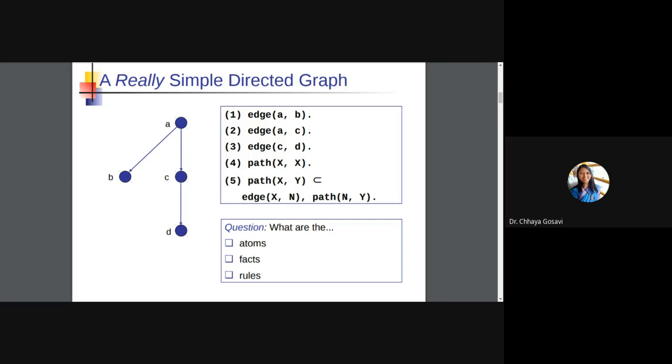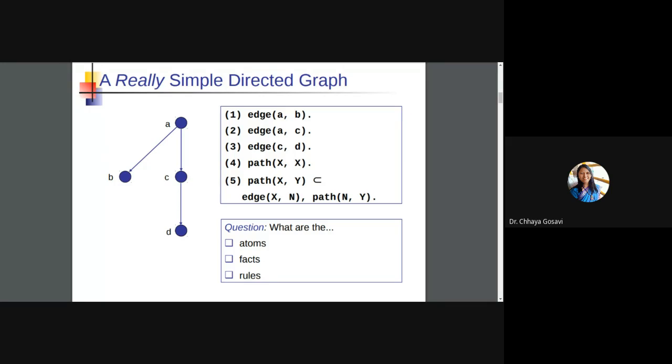If there is an edge from point A to point B, so edge AB, edge AC, edge CD. And what is path? What are the atoms here? A, B, C, D. These are the atoms. Then what are the facts?